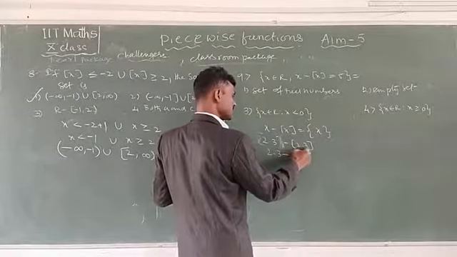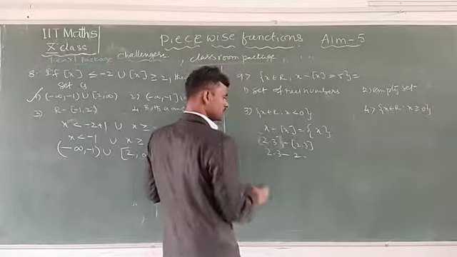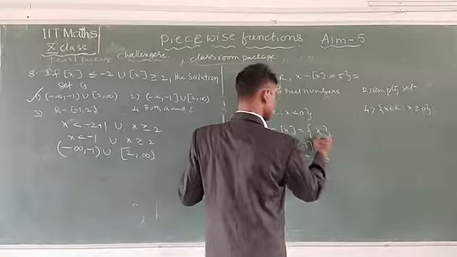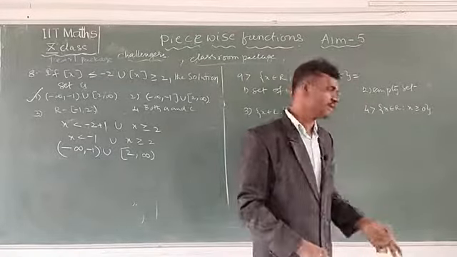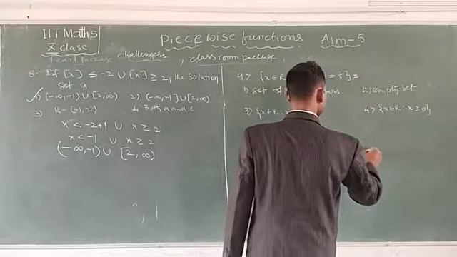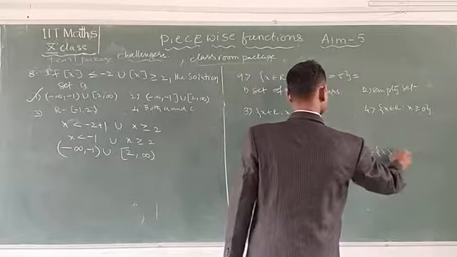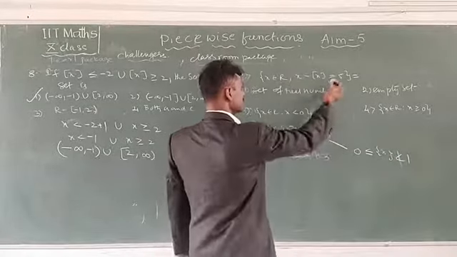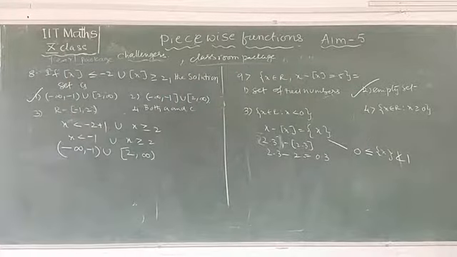2.3 minus [2.3], the step of 2.3 means here this is 2. Then here 0.3. This is the fractional part. But here it is equal to 5. Is it possible? Actually, the fractional part lies between 0 and 1 only. That's why this is not possible, so here this is the empty set. Note down.